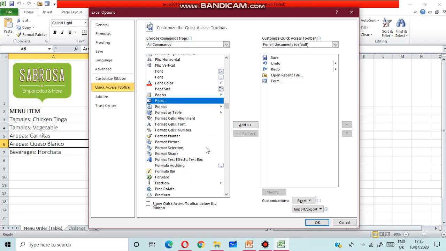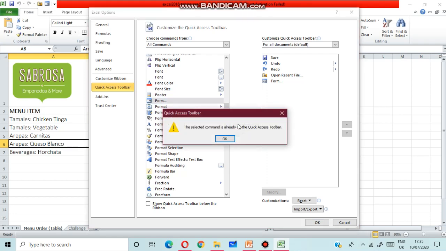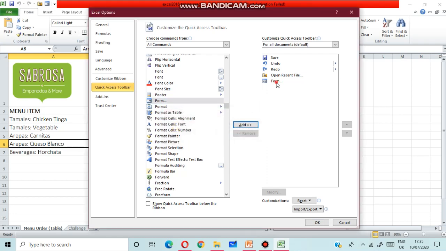You will select this form and click on add to add the form. It is already added, so you will remove it, and you can see how to add a new form. Again add this new form. Then you will click on OK.